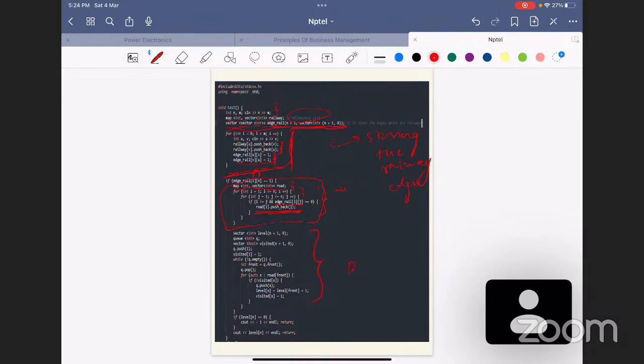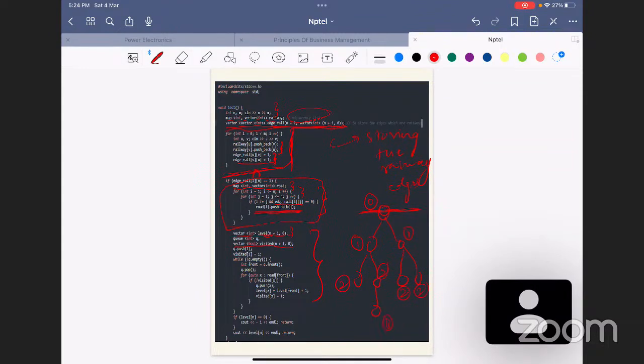So this is the BFS algorithm. You all know that we use a queue in BFS. So this is the queue. We take a visited array, we take a level array. Level is like we just from 1 to n. So how BFS works is, this is the node, we go to here, we go to here. If this is a graph, let's say, and it is a starting point, then we mark the level of this as 0, this has 1, this has 1, this has 2, this has 2, this has 2, this has 2,